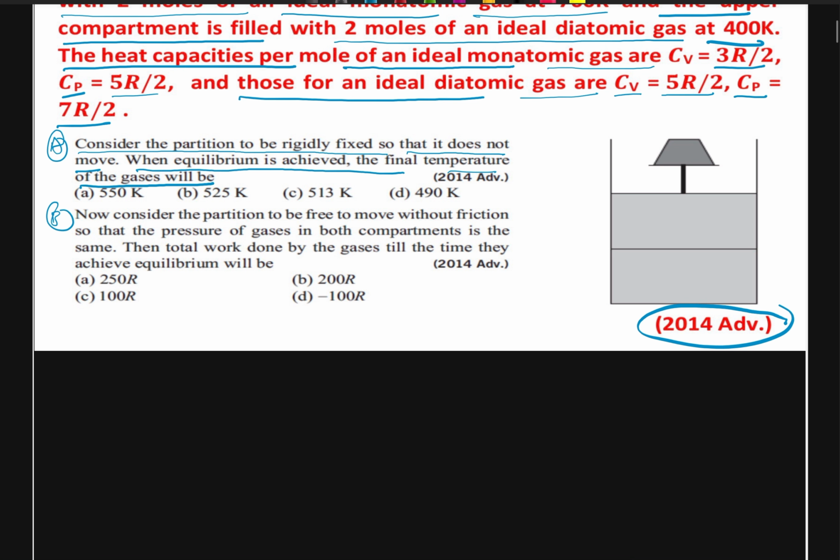So the basic figure is given to us, and it says that we have a piston. This is a representation of the piston, and it is able to move in the first case. And we have a rigid partition. In the first case this is rigid, it is not able to move, so only the piston is going to move. And it says that